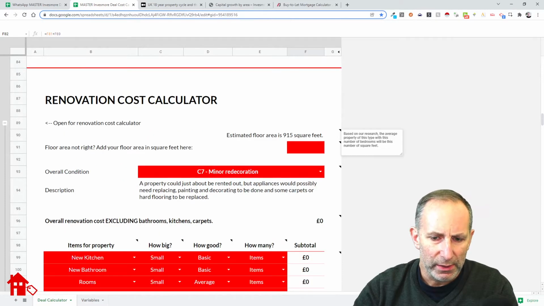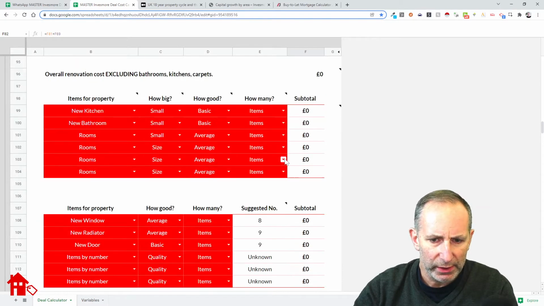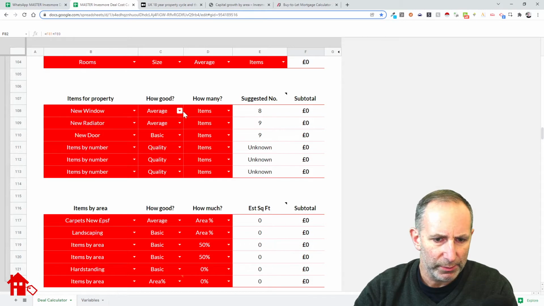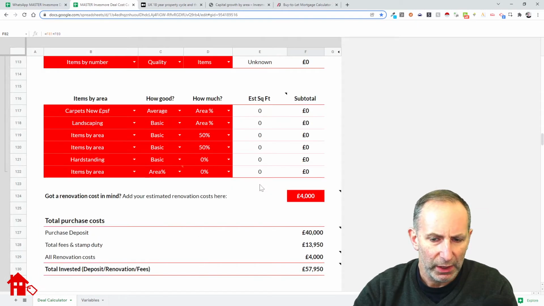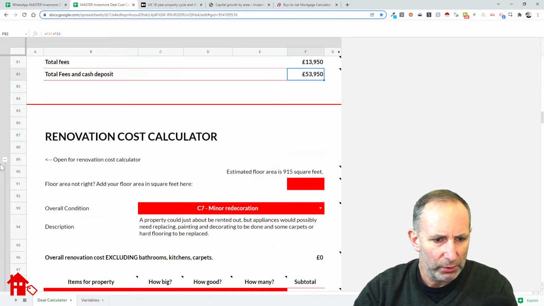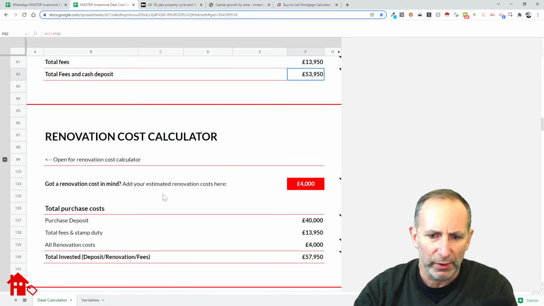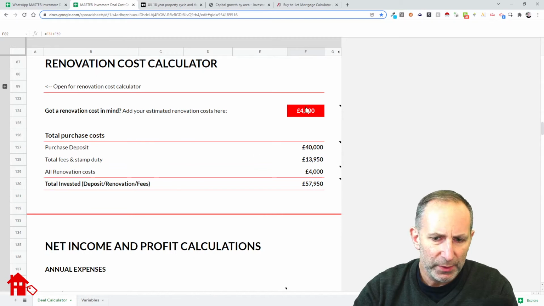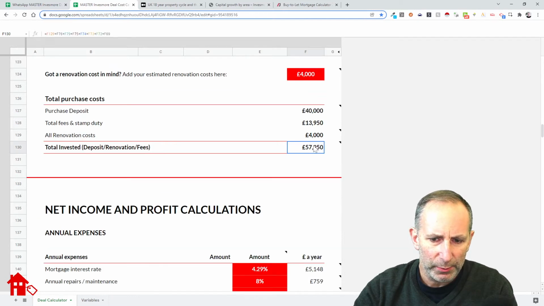But let's say it needs a bit of renovating. So I have a cost calculator here, which you can play around with, but it's reasonably accurate. I calibrated it with our builder, Joe, who does lots of these kinds of property renovations. A typical tidy up for a 3-bed semi, where you're not replacing all the carpet, let's say keeping the laminate flooring in situ, and it's just general paint and decorating, is maybe £4,000. So, okay, now the property owes you